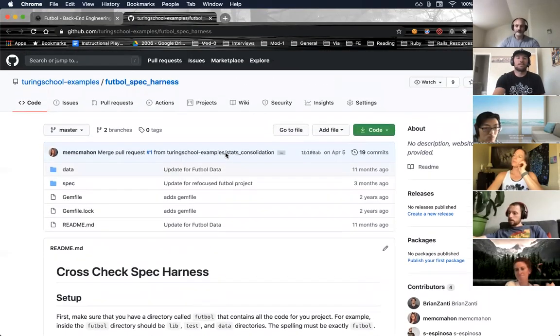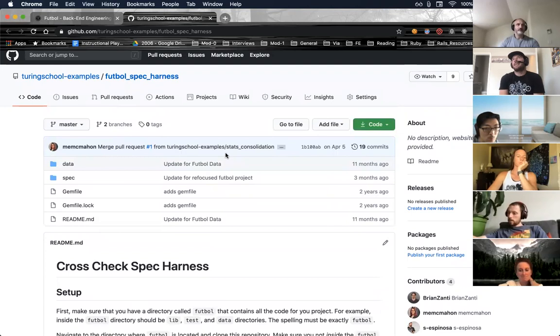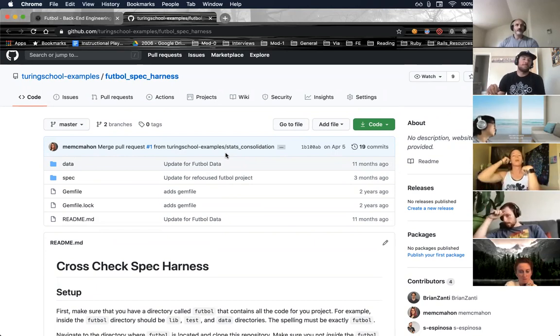What else do I want to say about this? The Spec Harness is 99.99% not the problem. Your code is 99.99% the problem. I never want to say it's impossible that the Spec Harness is wrong, because that sounds kind of arrogant, and I also didn't write the Spec Harness.